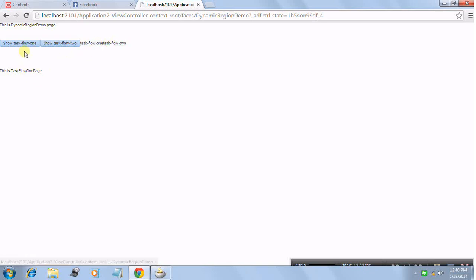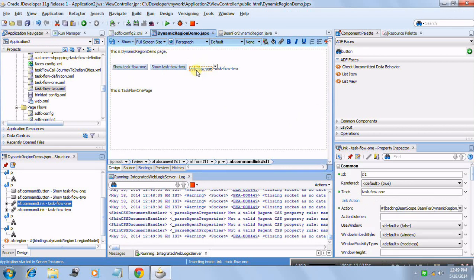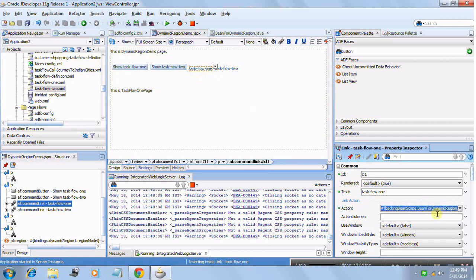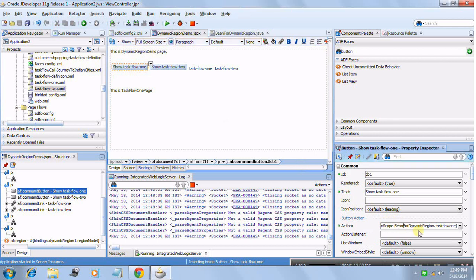Now we want to supply the same kind of action over here on these buttons, right? So you do not need to work too hard for that. You just need to go over here, as you are seeing that this link is invoking this action, right? So you would want the same action to be invoked when you click this button. So go to this and just say I want to paste this action right now. Okay, I have already